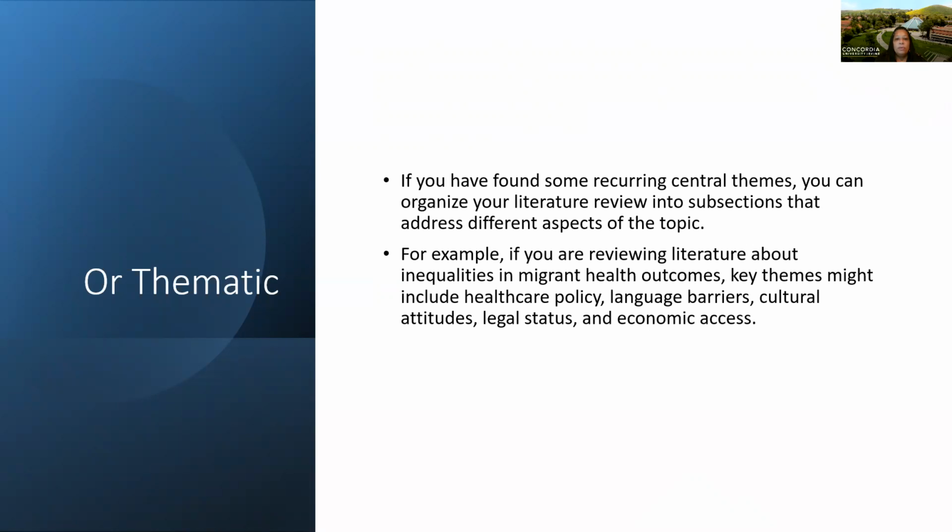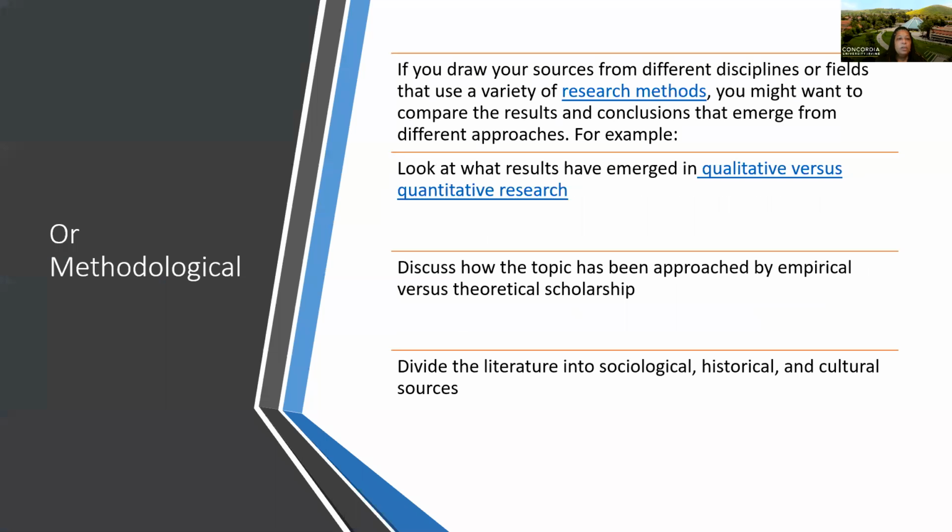So if you were reviewing literature about inequities in migrant health outcomes, some themes might be healthcare policy, language barriers, cultural attitudes, legal statuses, and economic access, and these become your subheadings. You can do it